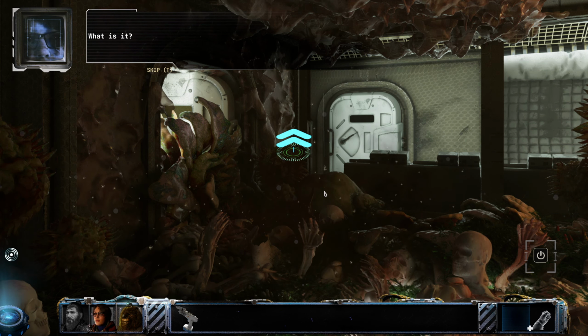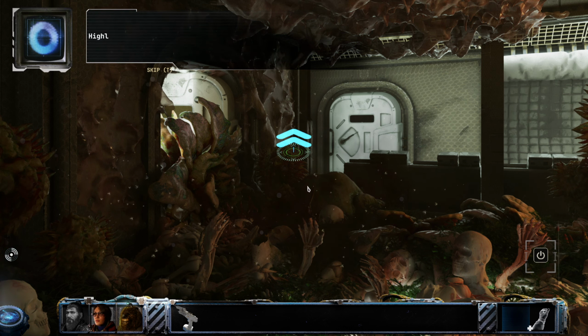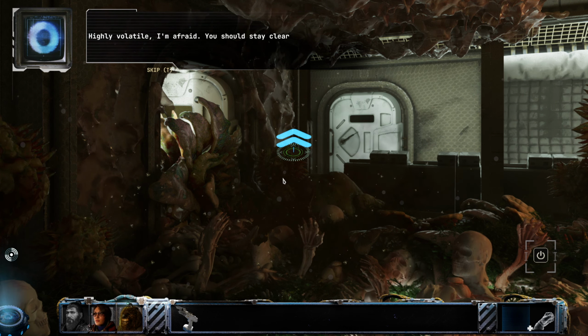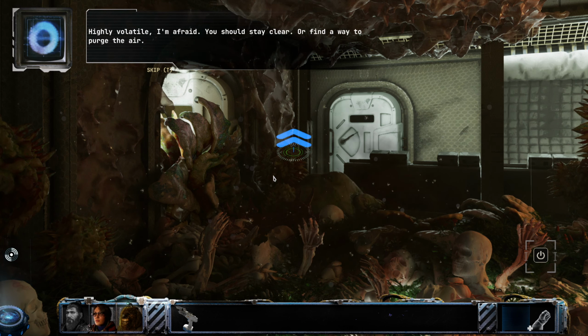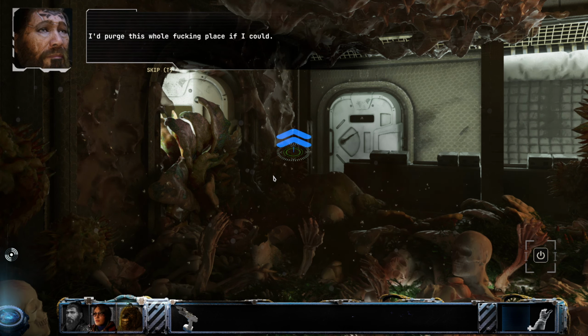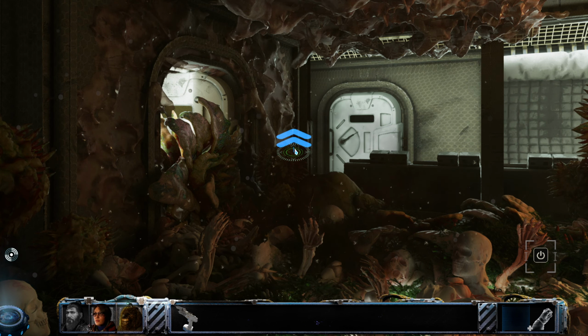What is it? Looks like spores coming off this thing. Highly volatile, I'm afraid. You should stay clear. Or find a way to purge the air. I'd purge this whole fucking place if I could. Language, Mac. Amen to that. You know what? Let's find out. Death number...